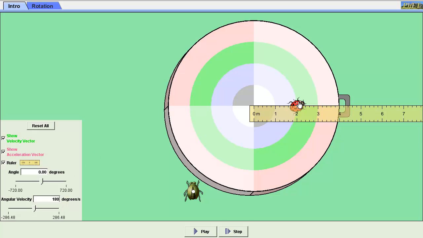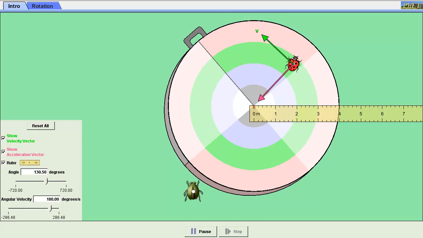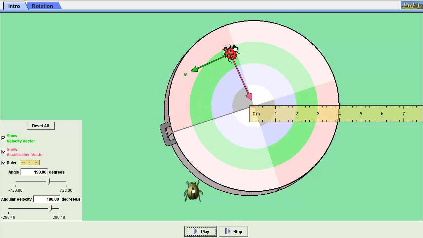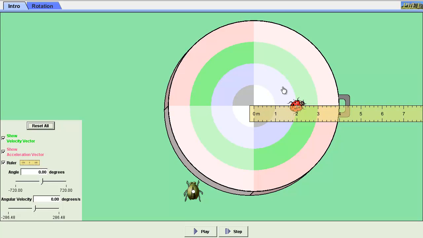When we go to do this experiment at 3 meters, slow down, ladybug. When we do this at 3 meters, make sure you hit reset all, by the way. What am I going to have to do to my angular velocity in order to maintain the same linear velocity? And so we started out at 360, we doubled the radius, we dropped it to 180, we tripled the radius. Am I going to drop it to 90 degrees per second, or am I going to drop it to like